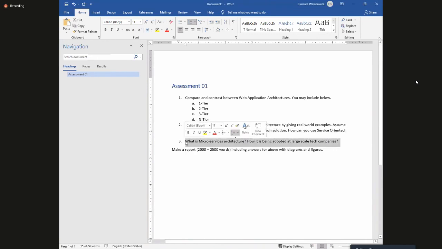Here, in this part you have to do a bit of research, and you can ask me also. And how it is being adopted at large scale tech companies. So in this write-up, you can take the loosely coupled and tightly coupled things, advantages and